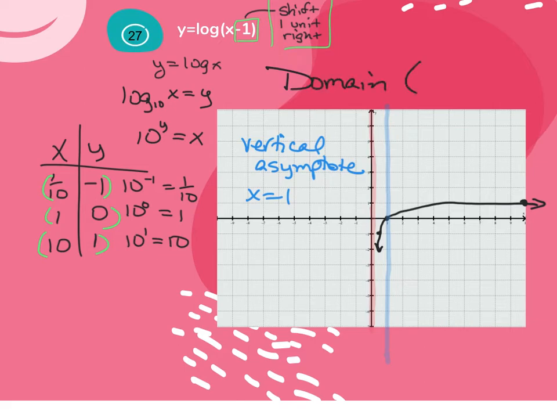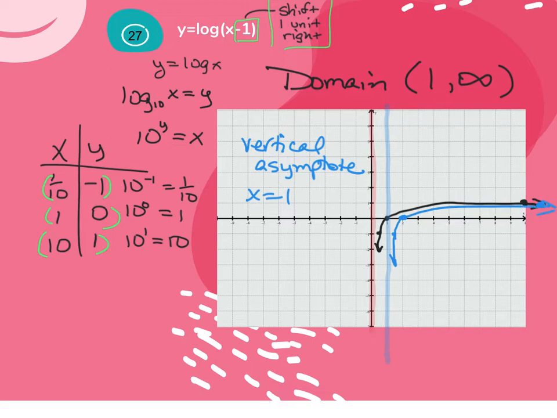Now my domain goes from 1 to infinity. Notice the parentheses around the 1 indicating that it starts at 1 but doesn't include 1. The next thing I'm going to do is shift all my points 1 unit to the right. So I'll shift the 1/10, the 1, and then this goes to 11. You can connect your points now